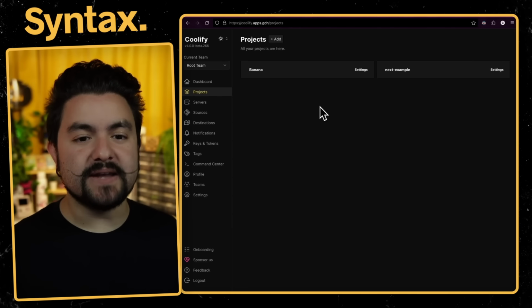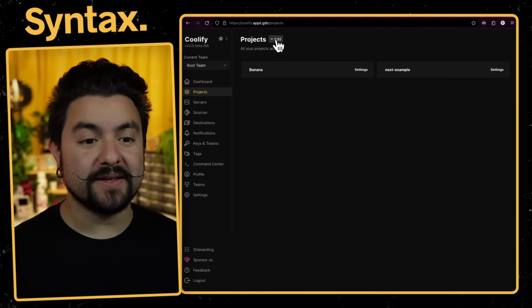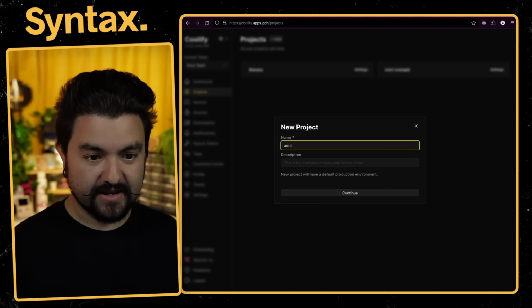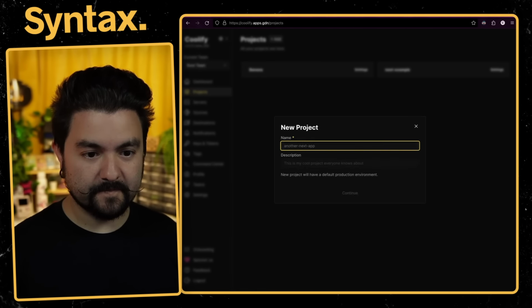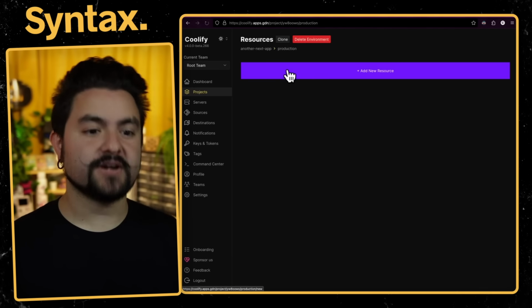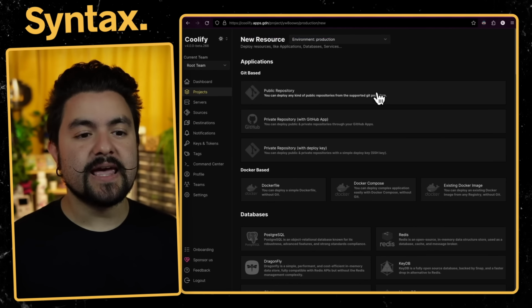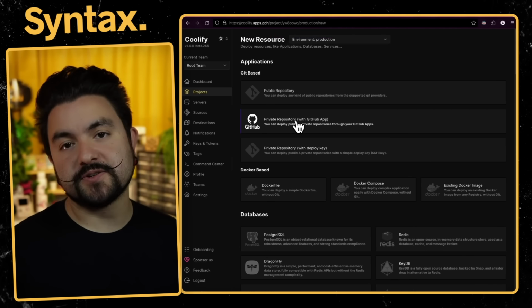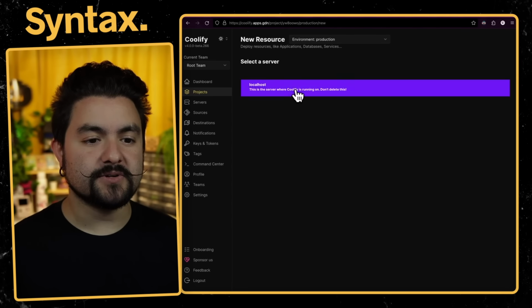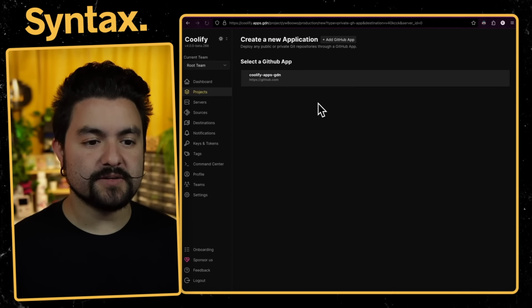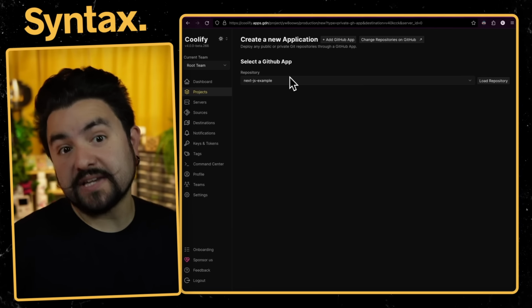Now let's deploy that same Next app, but we're going to use this GitHub app integration. So I'm going to click add. We're going to say another Next app. We'll choose the production environment, and then we're going to add a resource. And in this case, we can choose private repository with a GitHub app. So we'll click that, choose where we want to deploy it, and then choose the GitHub app that we set